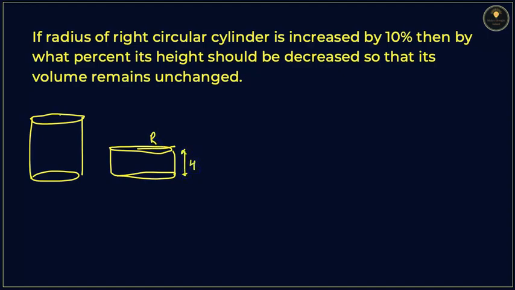Here you will say this one is the height, this one is small r and this one is small h. Now we want to find the relation between the radii. So capital R can be written as r plus 10% of r, and that is equal to 11 by 10 r. Now if I want to discuss its height, for that we have to understand its volume,